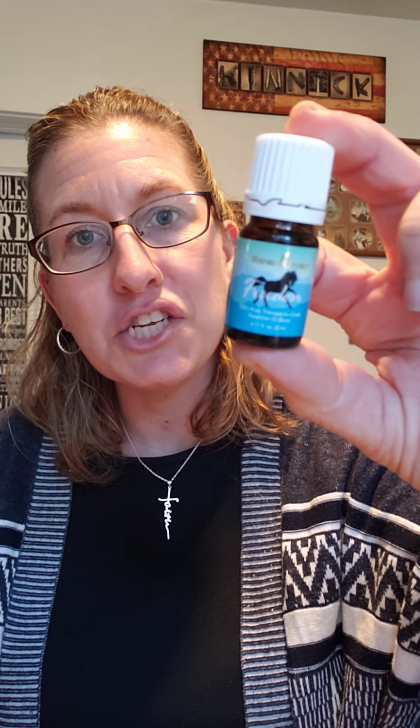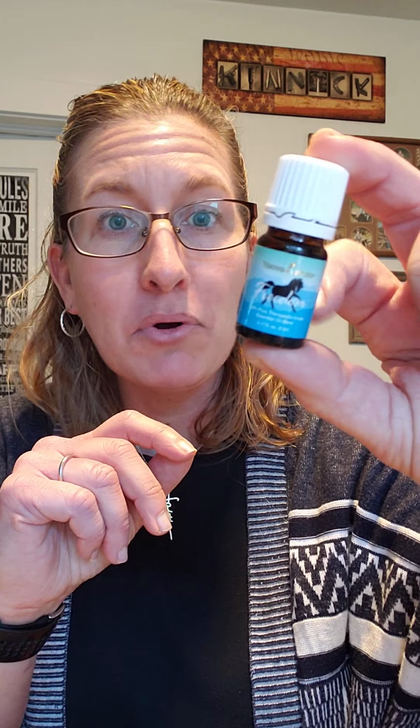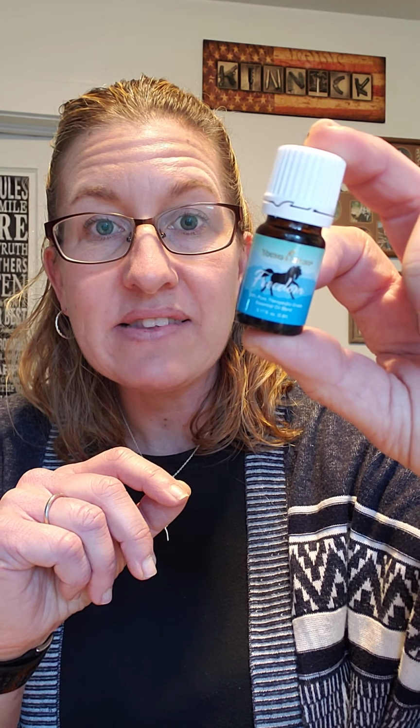This comes actually in 2 different types of wrap or label. So the 5 milliliter looks like this, and then the 15 milliliter, if you've bought that before, comes in a darker blue color. Valor, one of my favorites. I love me some Valor. Peace and Calming too. Sage, which I don't think I've ever seen in a 15 milliliter like this, but that's a big thing of sage. Then Loyalty, which if you've watched my videos, is usually only an oil that you get for